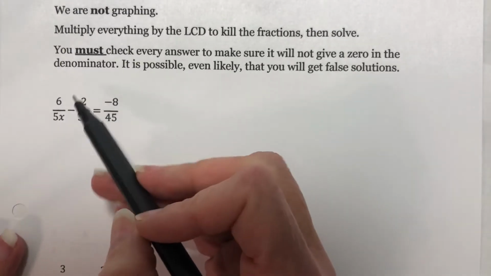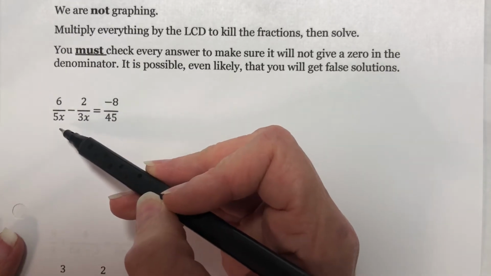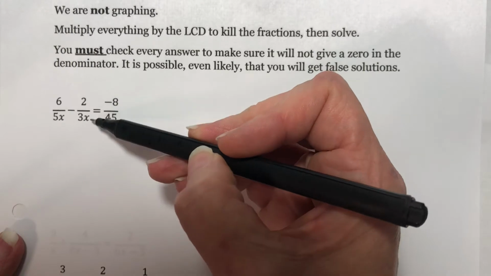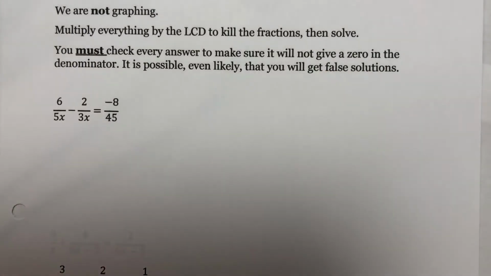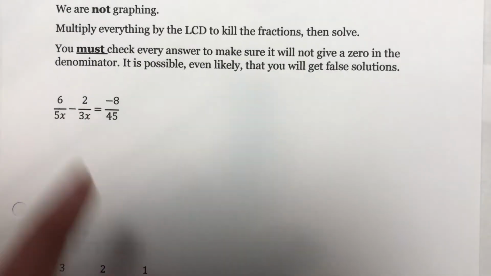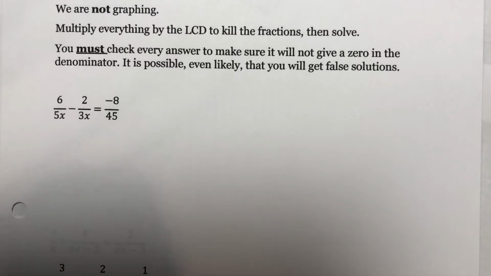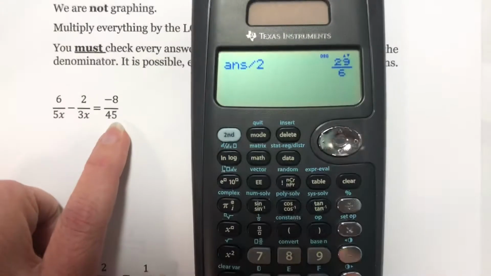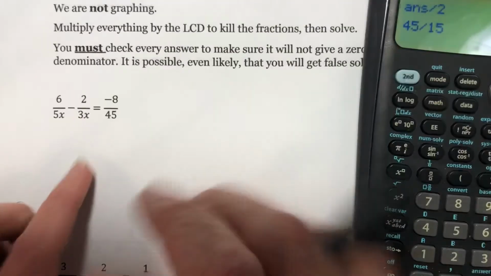Okay, so let's look at 6 over 5x minus 2 over 3x equals negative 8 over 45. Now, I know from looking at just these two that my LCD would be 15x. Let's see, is 45 divisible by 15? Yeah, so I can use my LCD